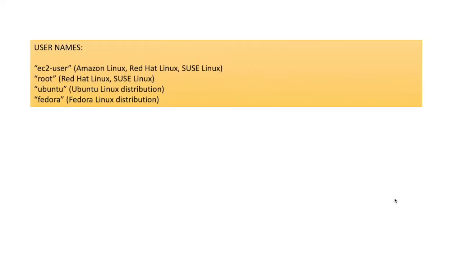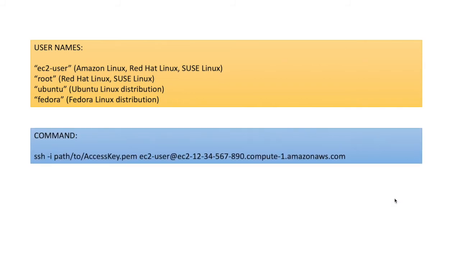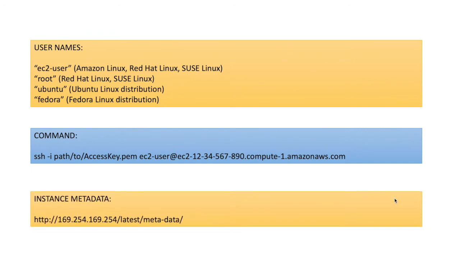Also, once you have your instance launched, how are you going to connect to it? For Linux, it is going to be SSH. For Windows, it is going to be an RDP session. And there are certain usernames that are to be provided to connect to them. If you have used a Red Hat Linux machine, the username is going to be root. This information is somewhat hidden in the AWS documentation, so I've just provided it here for your easy reference.